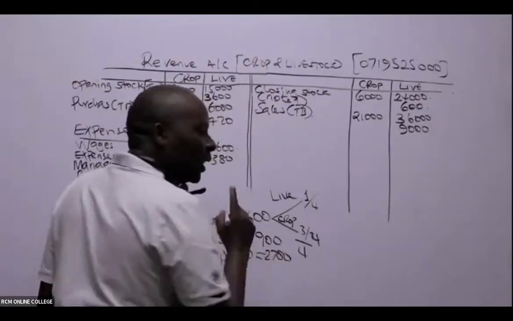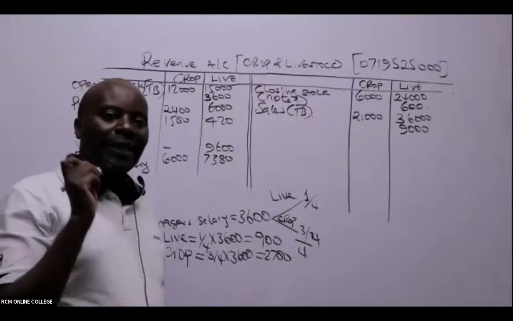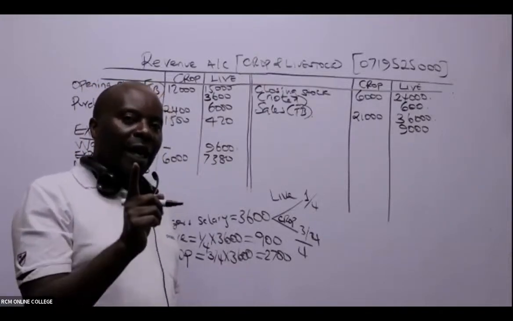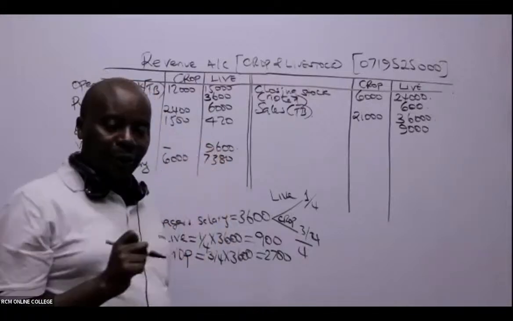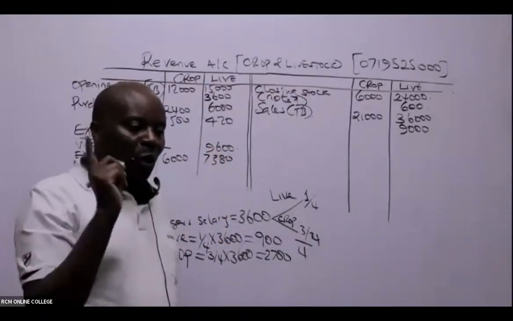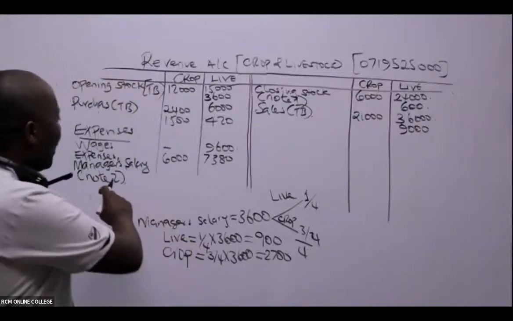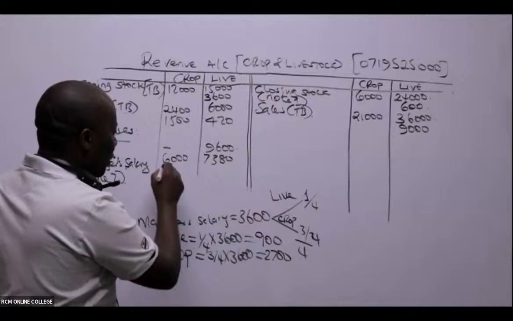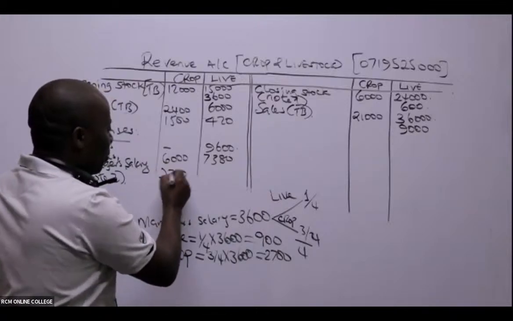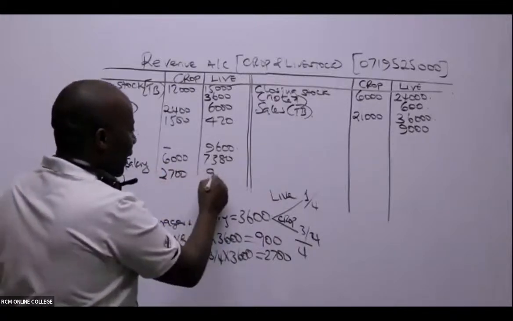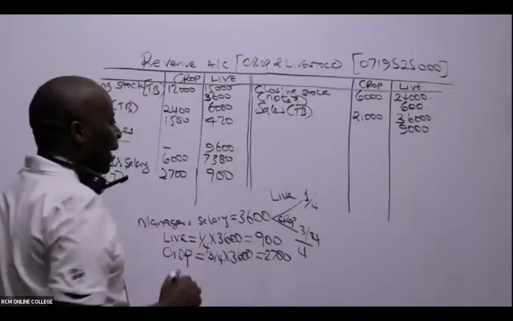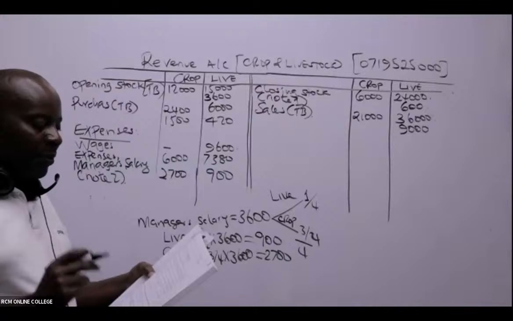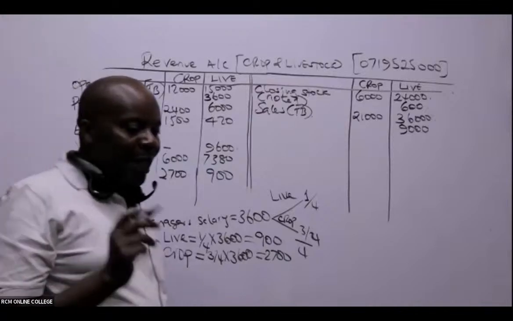So now automatically when the examiner gives you a criteria for apportionment, then that cost becomes direct, and it has to go to our revenue account. So when you come here, manager's salary for the crop is 2,700, don't confuse. Livestock is 900. Ladies and gentlemen, after that, do we have any other